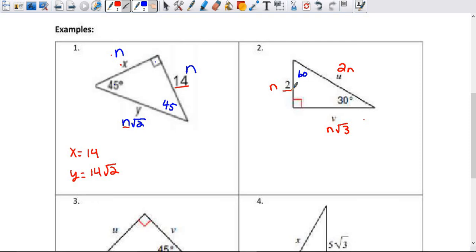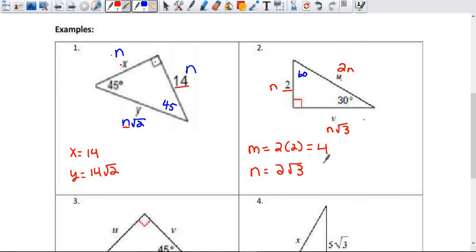If I want to figure out what this side is, which we'll call m, it's 2 times whatever n was. If n was 2, we plug that in, so we get 4. And then to solve for the other side, which we'll call n, we put 2 for n in n square root of 3, and we get 2 square root of 3